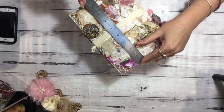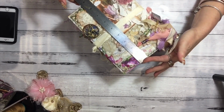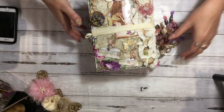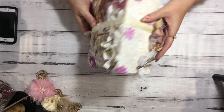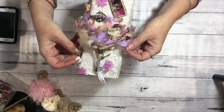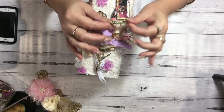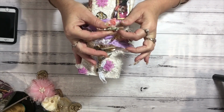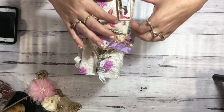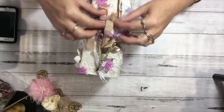to about 8.75 long. So here we go. So I've just made up some dingle dangles with all my bits and pieces that I make. So there's some beadwork on some material, a heart shape made, image of a lady, and just some random bits and pieces